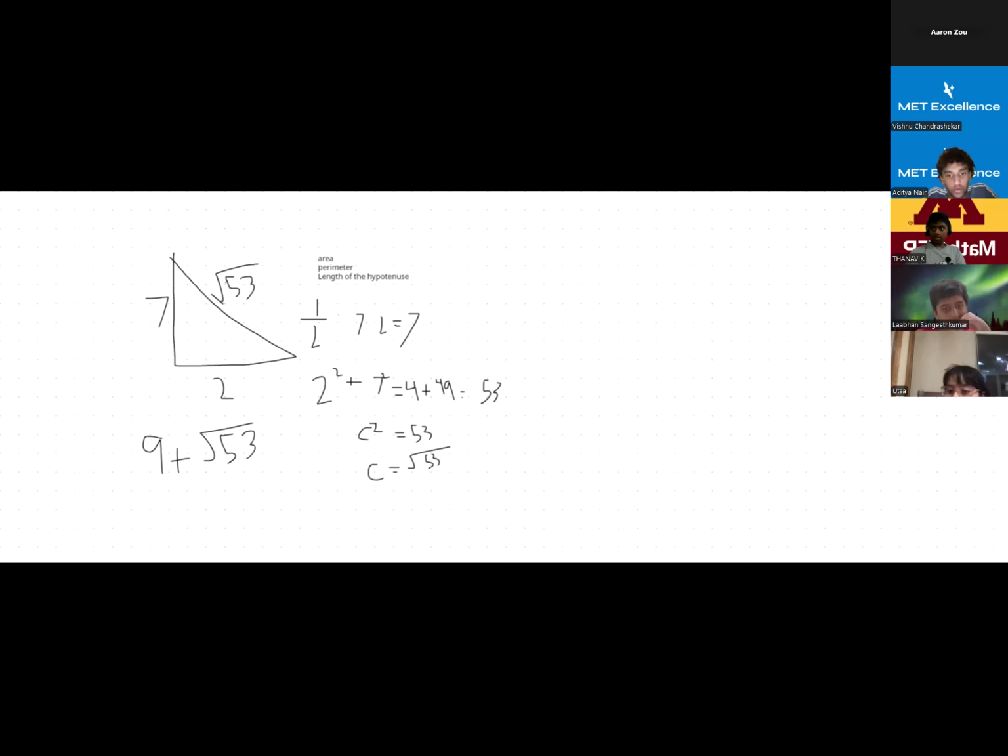And I see someone put 7.28. I think that's the square root of 53, but like I said, on the UMTYMP test, you don't get a calculator, so you wouldn't be able to simplify that. And also, just in general, in math, you don't have to simplify these kinds of square roots. You either leave them as is or you find a way to break it down to a smaller square root, which we can't in this case because it's a prime number.